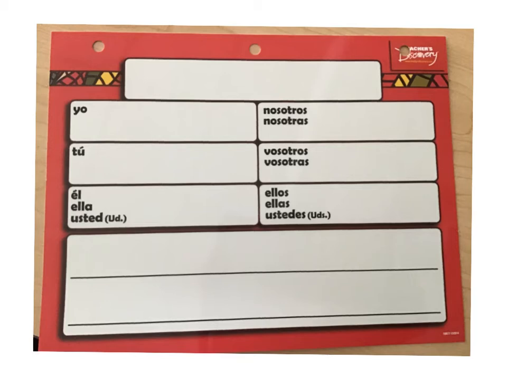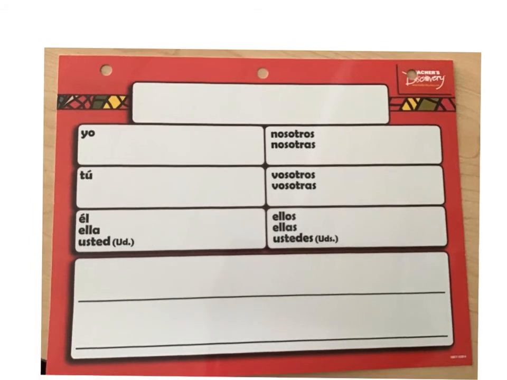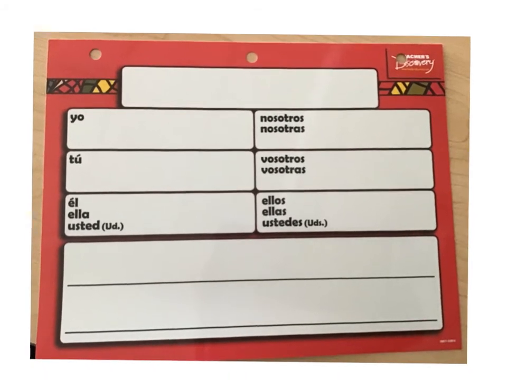So today what I'm going to show you is how to conjugate any IR ending verb. In this case, I picked the verb vivir, which is to live. So this is how we conjugate then. So we know that we always keep the root of the verb, in this case, viv, and then we add the ending, which is yo vivo, because we know that the ending for yo, for the IR ending verb,